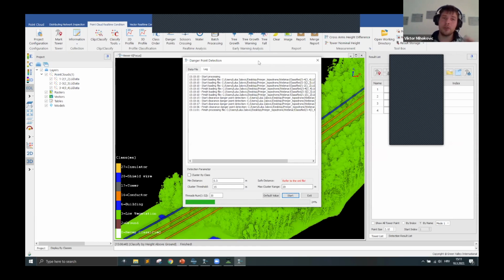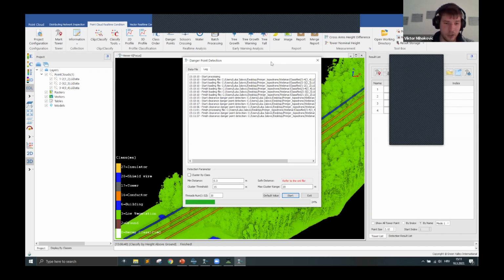If your tree grows, let's say 1 meter per year, it can analyze and tell you after 3 years, you will have a tree that may cause collision with your power line. This classification takes about 10 to 15 minutes on my laptop. I will not do that today, but if you're interested, you can definitely ask Maxime to show you the data